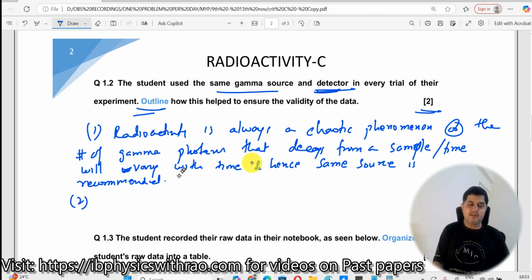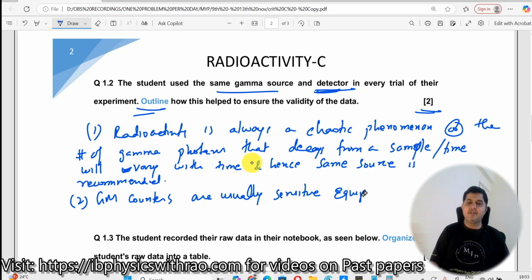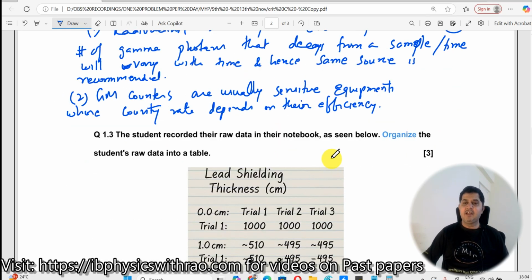Second one. Now let us look at the detector. The detector used here is your Geiger-Müller counter, GM counter. Certain GM counters are highly sensitive, certain GM counters are not so sensitive. GM counters are usually sensitive equipment whose counting rate depends on the efficiency. What do you mean by that? As we have seen, there were around 1000 photons which came. Only 500 of them were being detected properly. But if you use a different instrument, there is a possibility, though 500 comes out of the lead chamber, only 450 can be detected. It all depends upon the efficiency of the instrument. So therefore, it is recommended